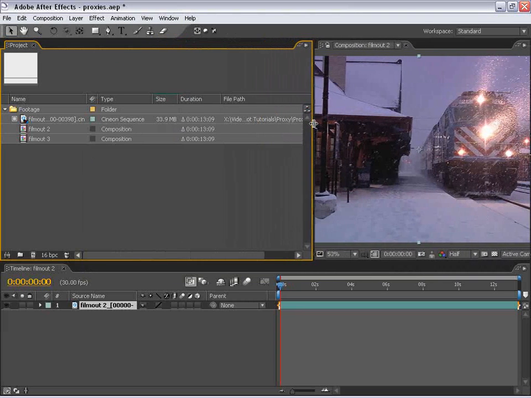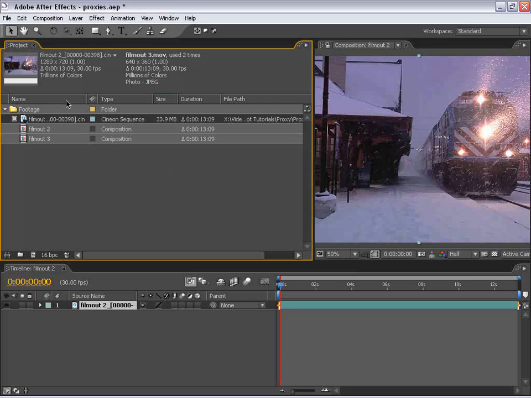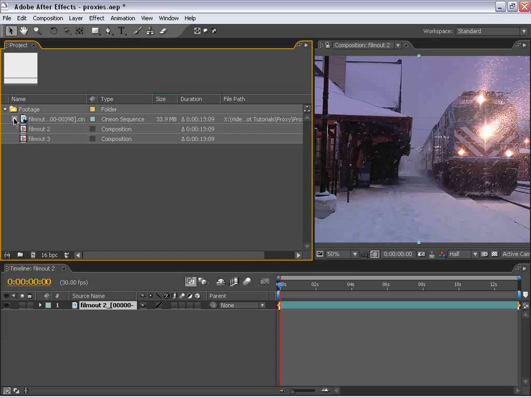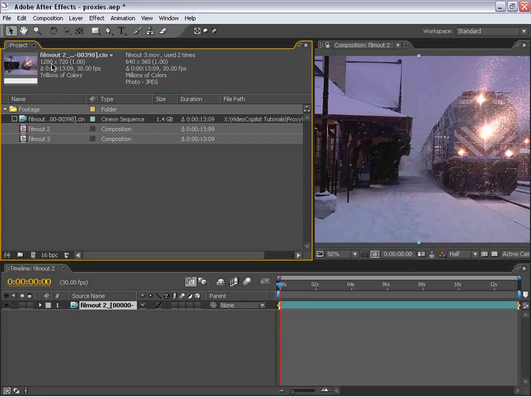So if I expand my project window, I can select this film out, and as you see, we have the original source here, so it's the film out Cineon sequence, and it is this resolution and trillions of colors. Now our proxy is represented here called film out 3, and it is 640 by 360, and it's a photo JPEG QuickTime movie. So if I toggle this switch on and off here, it switches between our full resolution clip